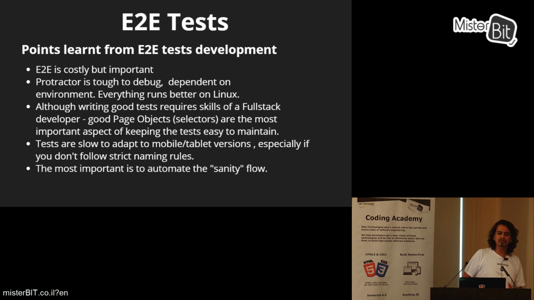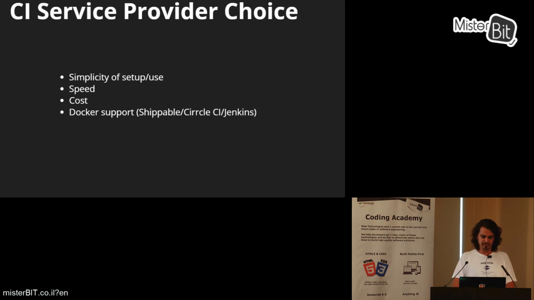So you have to be very strict with your naming convention, so you don't really have to rewrite your tests if you want to test in a mobile version, desktop version. You have to think of that in advance. Be very strict with your CSS rules. Going from end-to-end tests back to CI,